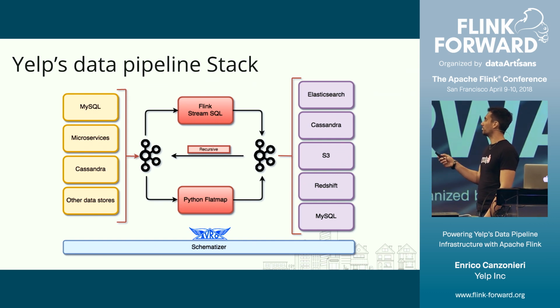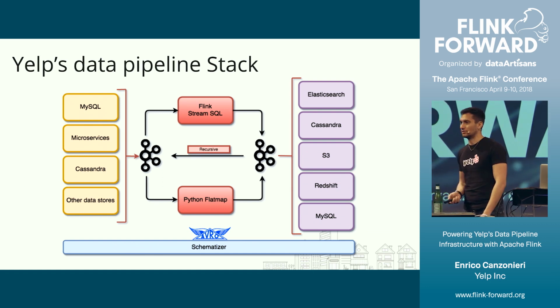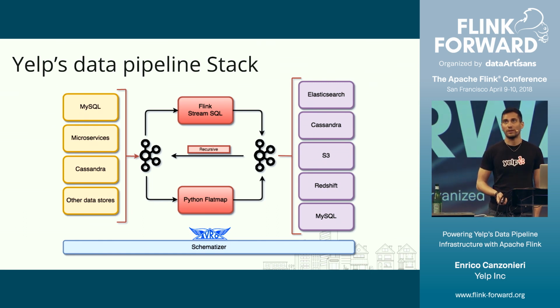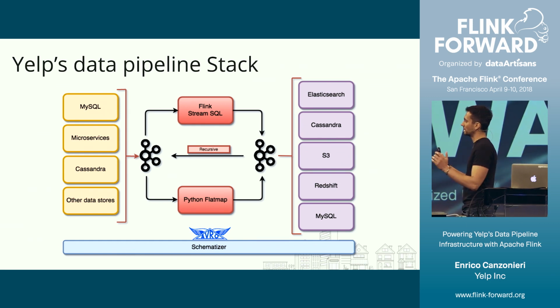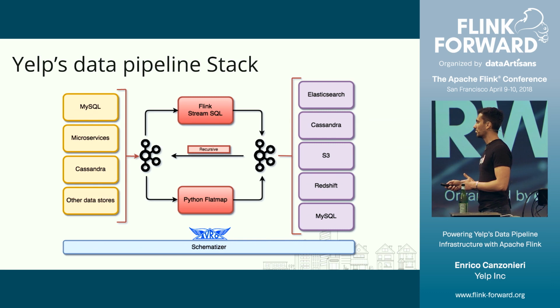So it powers the entire pipeline. And then we have Avro as a serialization protocol. And our schema registry is an HTTP service that we developed in-house, and it's called the Schematizer. It does much more than just being a simple schema registry. It's sort of a centralized brain that controls the entire infrastructure and pretty much connects all the